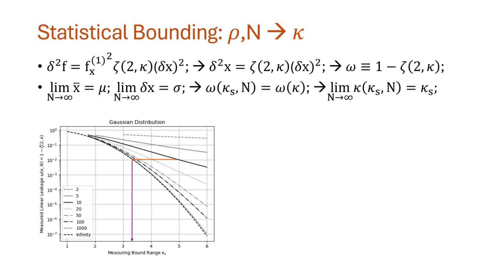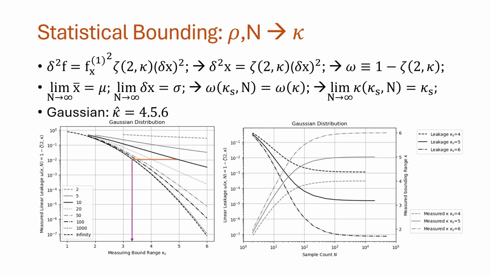From this graph, we can see when n approaches infinity, kappa equals kappa s as defined here. And if we choose different measuring bounding ranges, the relation of the bounding cross section